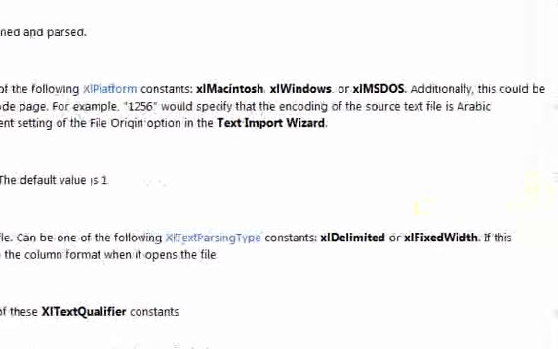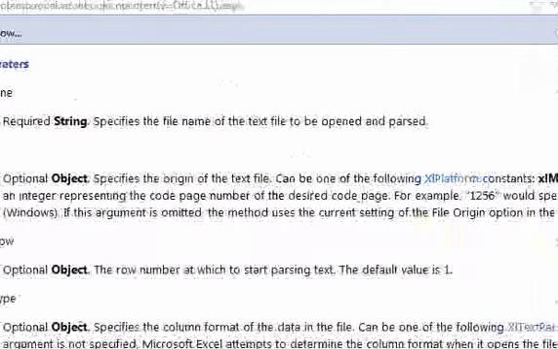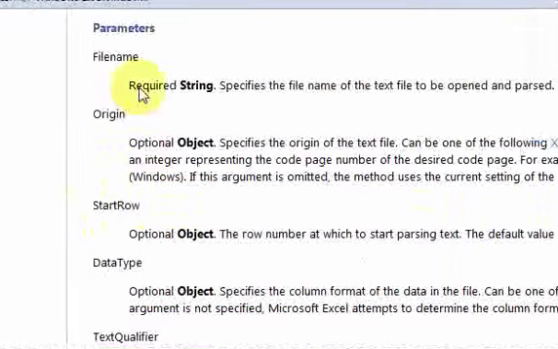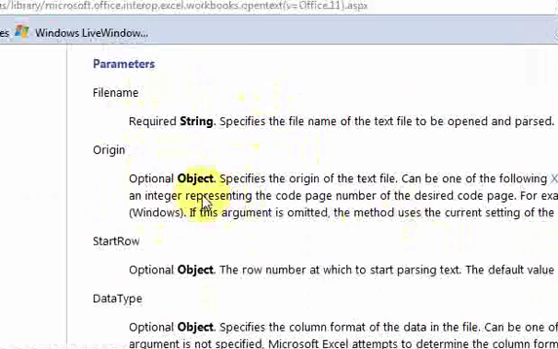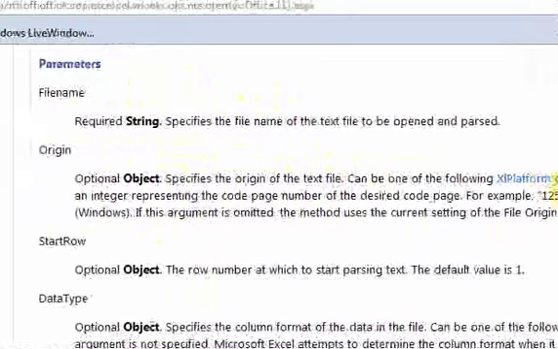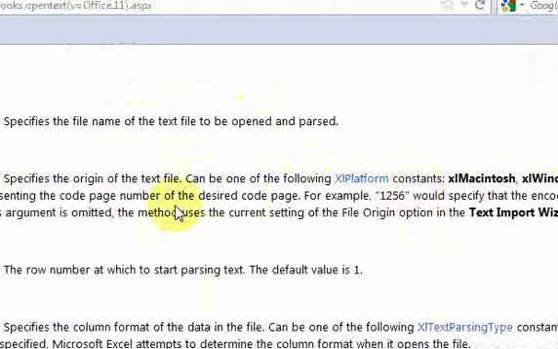And if we scroll down, you can see the parameters right here. It goes through all of them. So here's all your answers. File name, this is exactly what you think it is. You have to specify the file name. Origin, this is what we didn't know what it was. So this is an optional parameter. It specifies the origin of the text file. I don't know what that means still. If you read a little more, it says